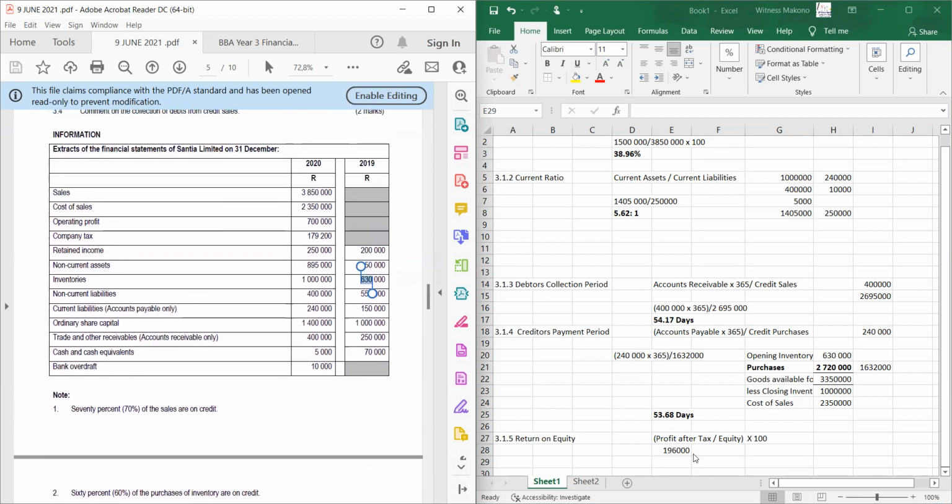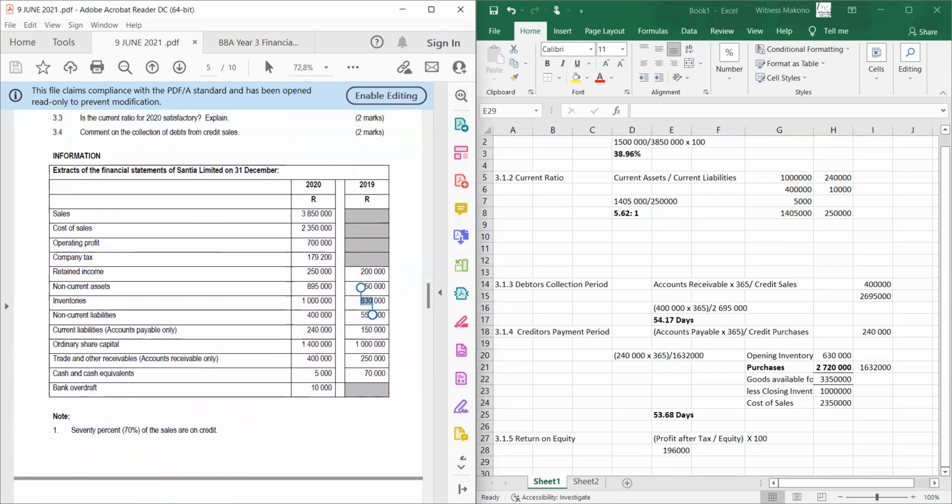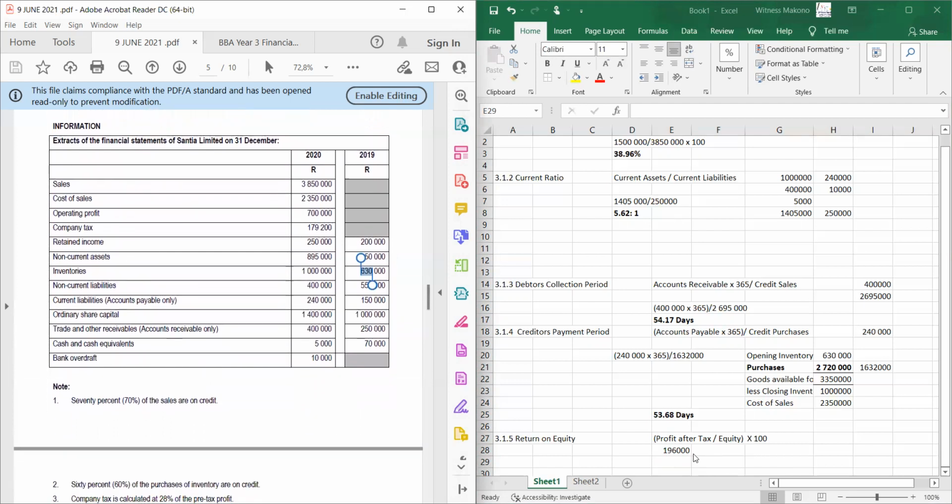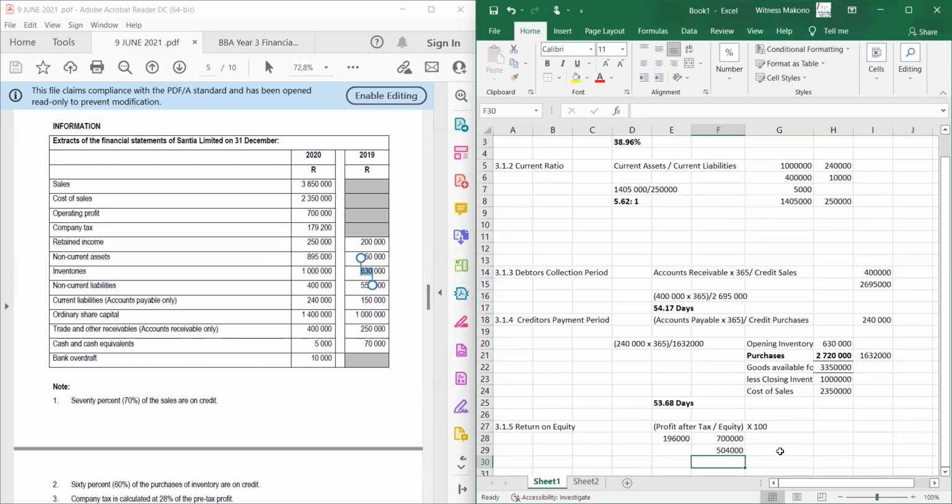Is there any figure on interest here? There's no figure on interest, ne? We've got common tax. So we use 196, because we charge 196 on the operating profit. Okay, because we do not have tax here. So what is your operating profit? It's 700,000. Okay, so the profit after tax equals this minus that, which is 504. So the profit after tax, which is